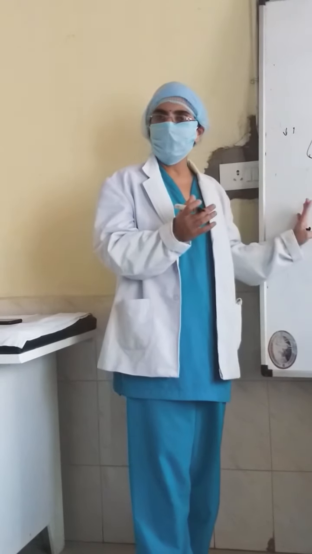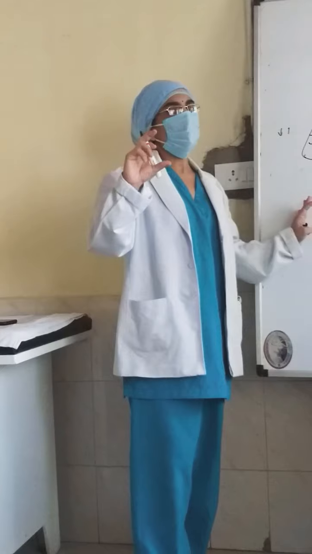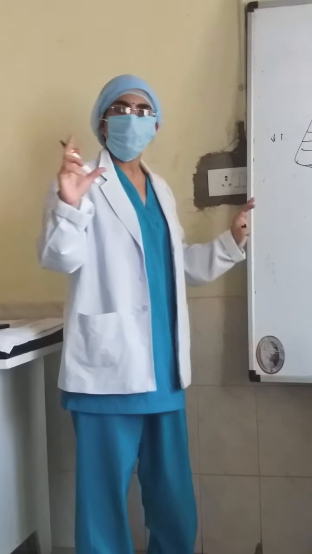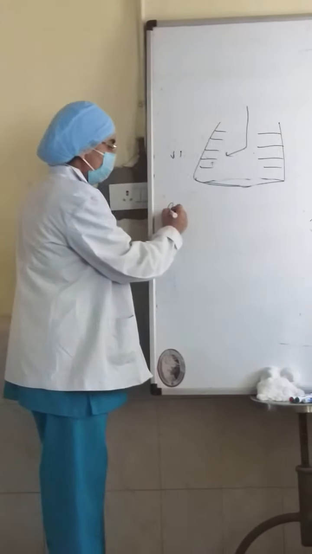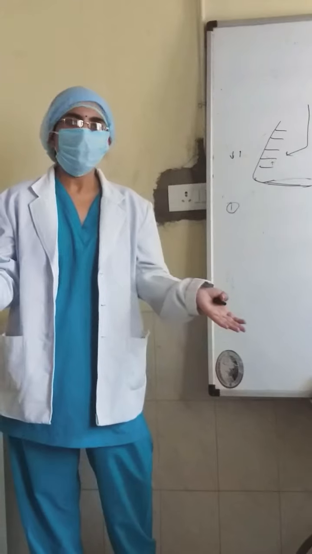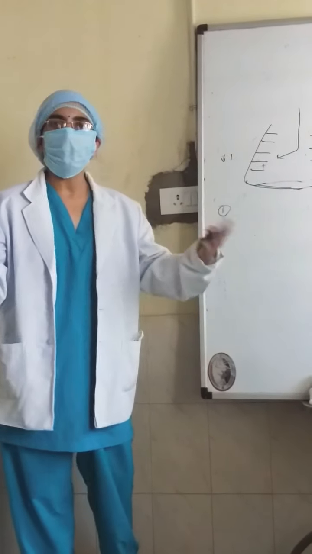On ABG we have defined certain parameters. On the basis of that we think that this patient is going to need ventilation. What are those parameters? First indication is respiratory failure, very important. The child is not breathing at all. So that is one indication, when the child is completely apneic.